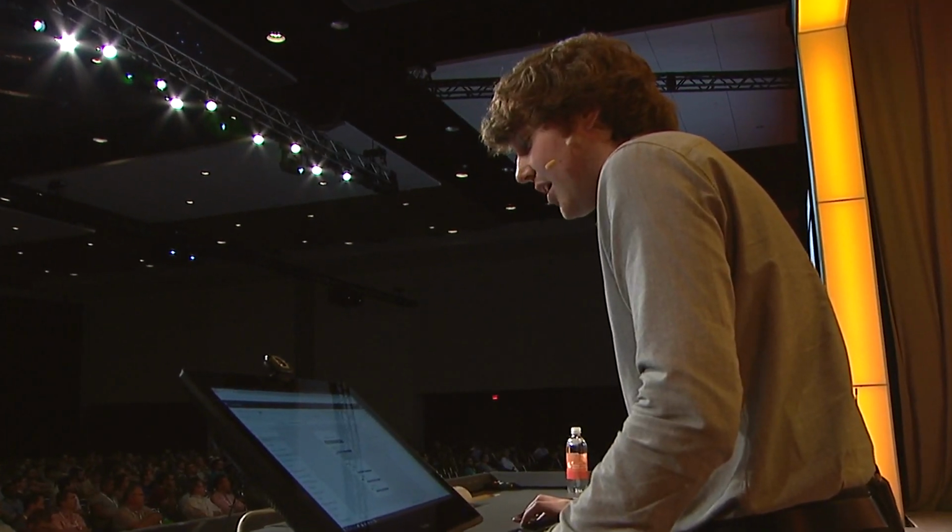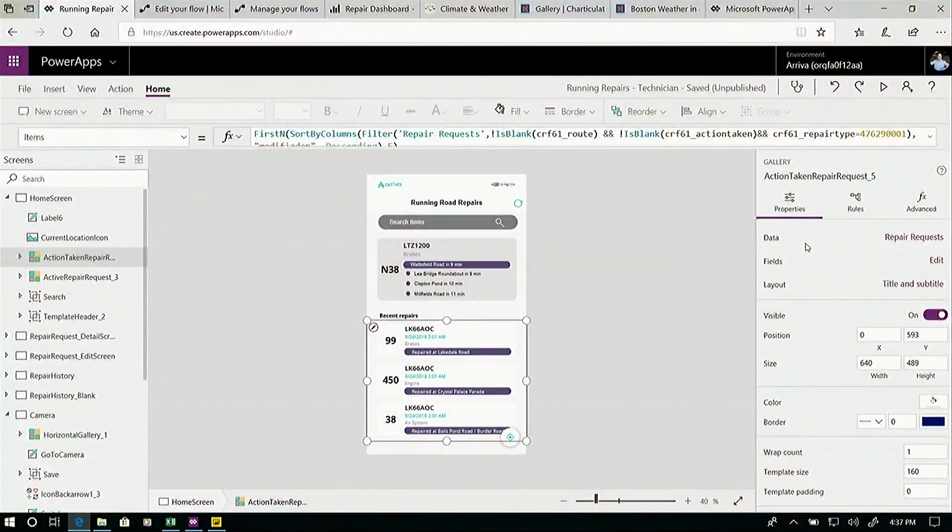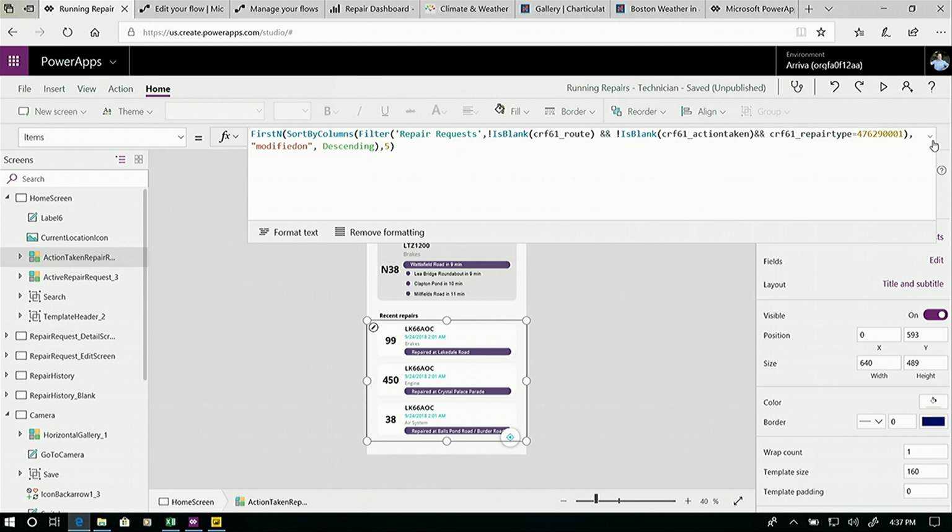So say if I switch over to a view I like to use more frequently, we can see I have a gallery here. This is just a collection of different things. And these are the repair items that I've actually done before. We can see the items is a fairly complex expression up here, but it's actually not that complex. It's basically just pulling down all the pending repair requests that have a repair information already recorded, which means it's done or been completed, and showing it right here in this display.